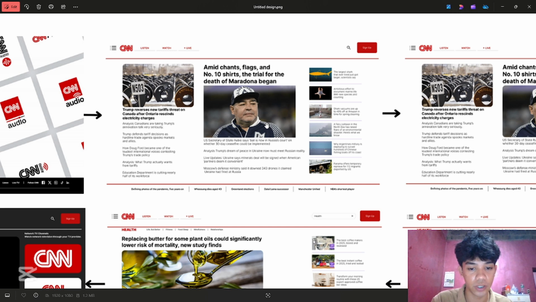For the key features of this UI, the homepage serves as the main dashboard, providing users with quick access to essential features. We have integrated search functionality, notifications, quick links, and more. The navigation system incorporates an intuitive navigation bar or sidebar, which clearly labels sections, including dashboard, profile, settings, reports, and more. This helps users move effortlessly through the application.